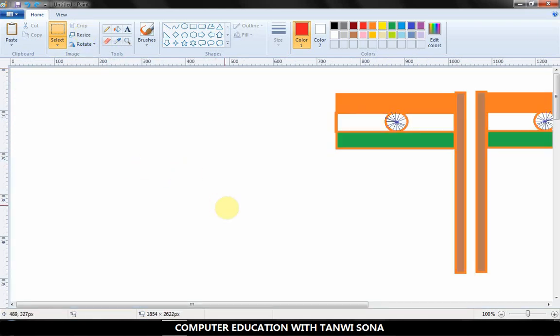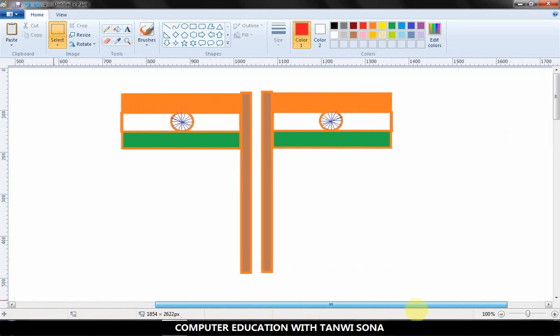Now let's see other features present here. See, this is the undo tool and this one is redo. Undo shortcut is Ctrl Z. Undo is used to recover the mistakes made by you during drawing, and redo is used to recover the undone changes. Okay, so let's demonstrate it with an example.